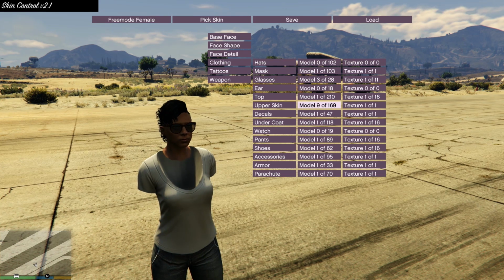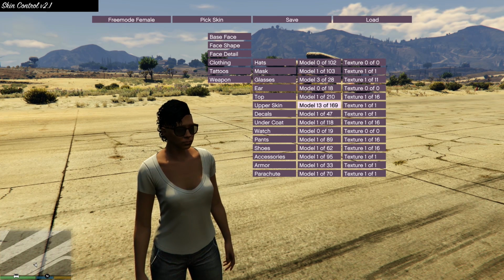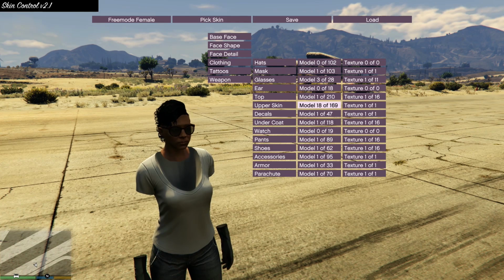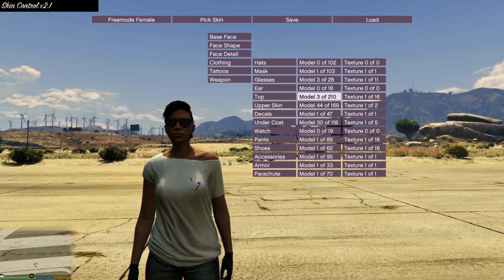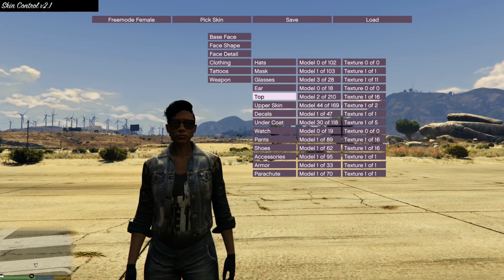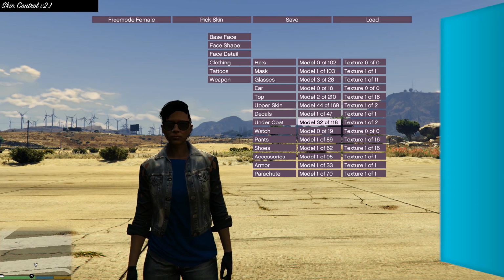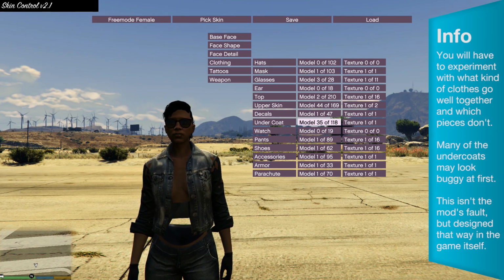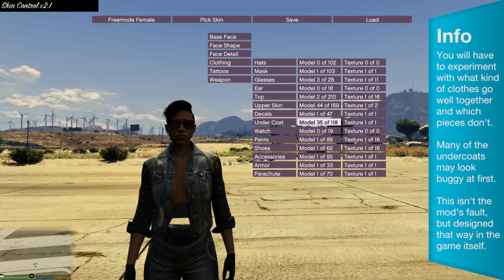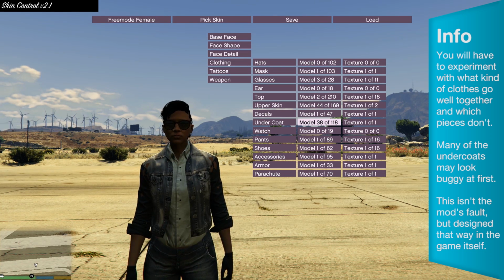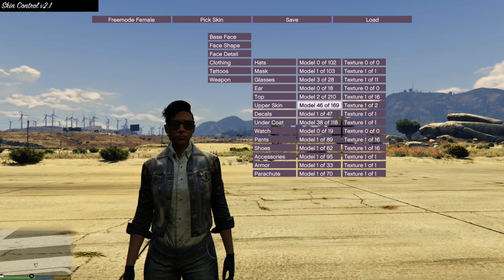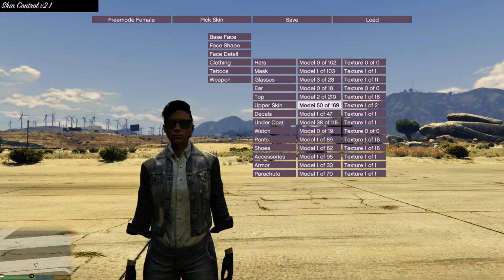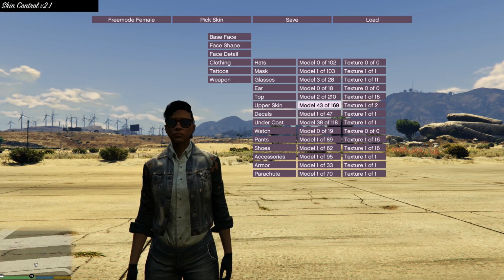That's why there are always multiple versions of the upper skin for each different type of gloves your character can wear. The same goes for the top and the undercoat. Tops are usually bigger pieces of clothing like hoodies and jackets. The undercoats are usually shirts or even topless. Again, you will have to pick an undercoat that doesn't glitch through the top. If you don't want a top, so basically just a shirt, there's also an invisible model in the list.